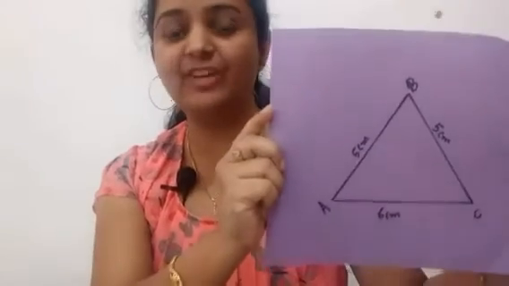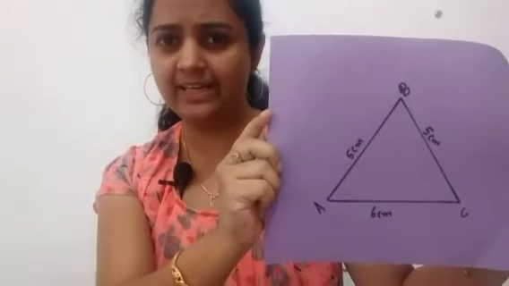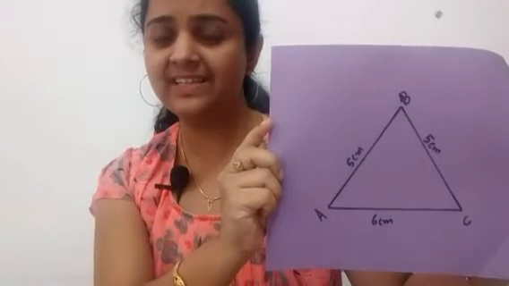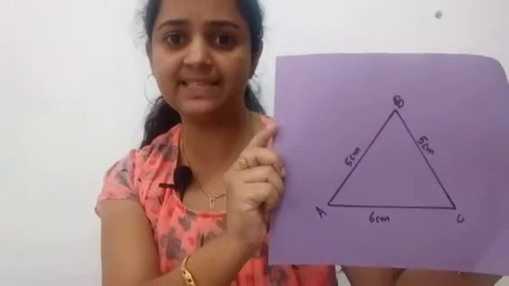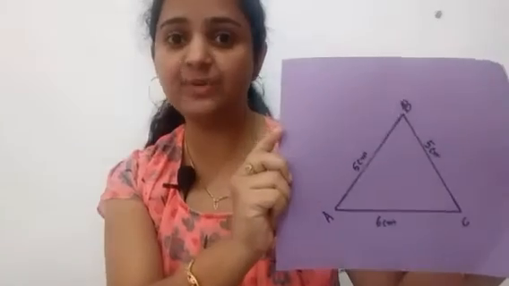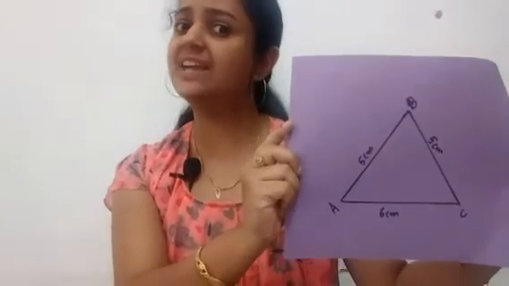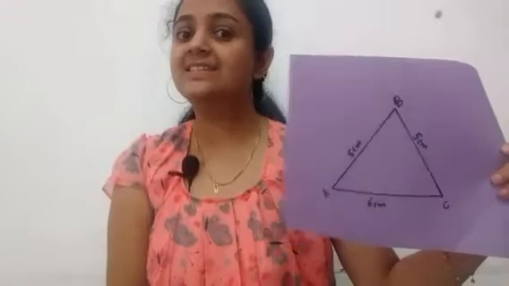Okay. Next triangle is this. Look. This is our next triangle, third triangle. Look the dimensions. It is what? 5 cm, 5 cm and 6 cm. 2 sides are equal in this triangle, isn't it? Such triangles are called what? Such triangles are called isosceles triangle. You know that, isn't it? Yes. So how we will find the area of isosceles triangle?